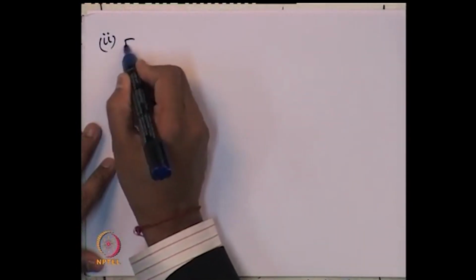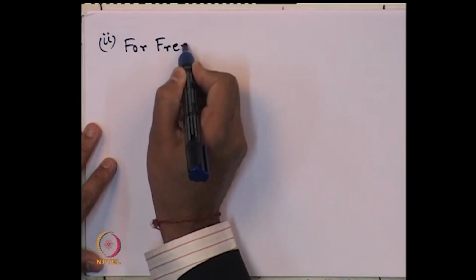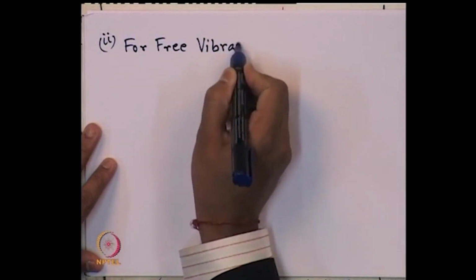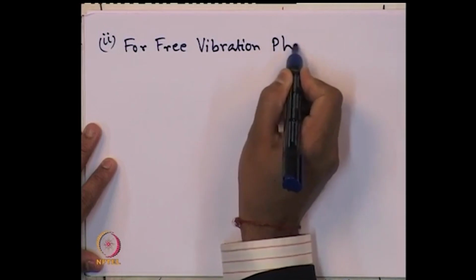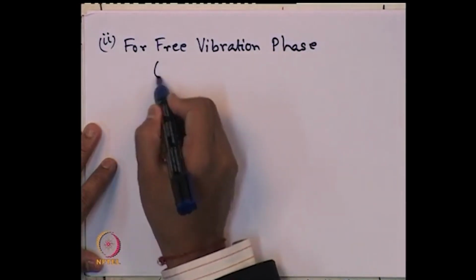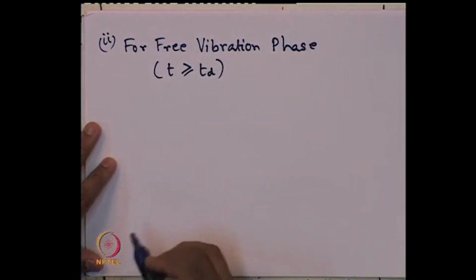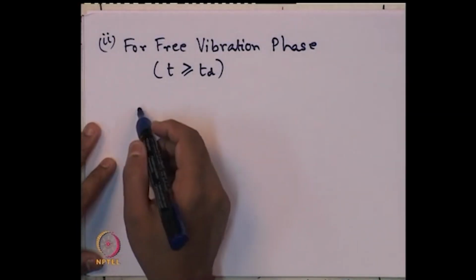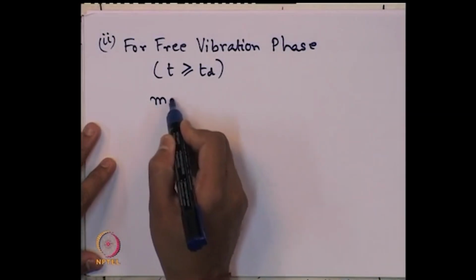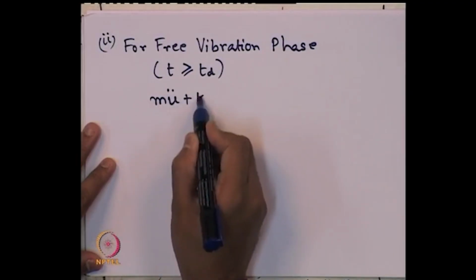Okay. So, now let us see what the response will be in the free vibration phase. In the second phase, that is the free vibration phase, the time exceeds that value of T d. That is nothing but free vibration, because you have taken out the load. What is your equation of motion? You have the basic equation of motion m u double dot plus k u equals 0